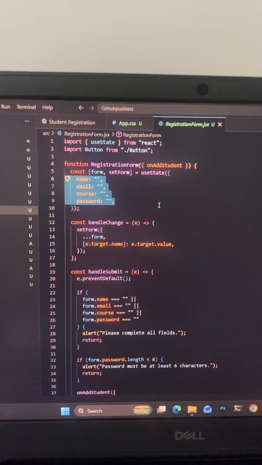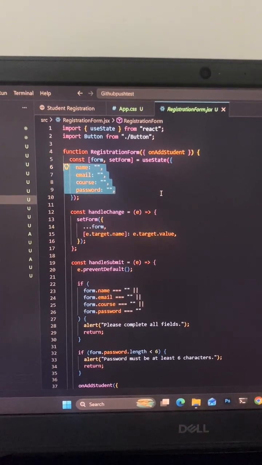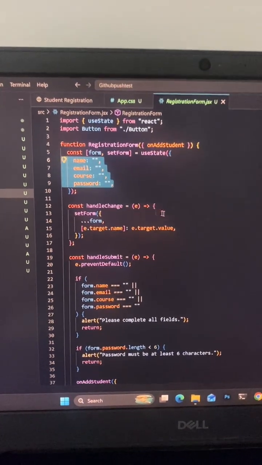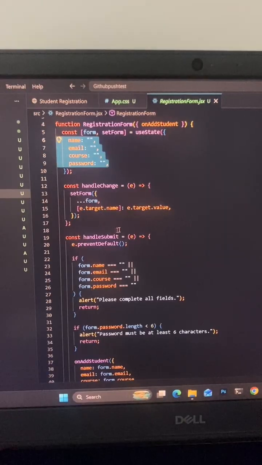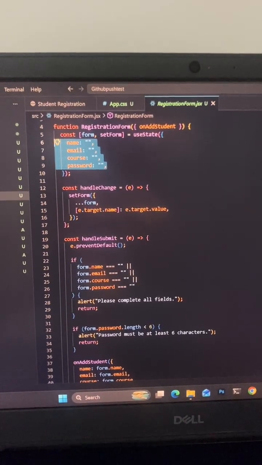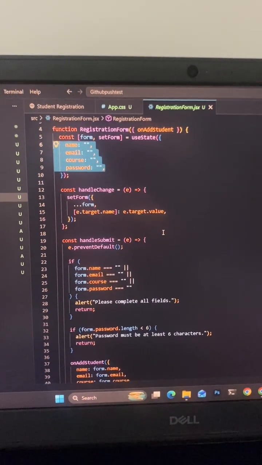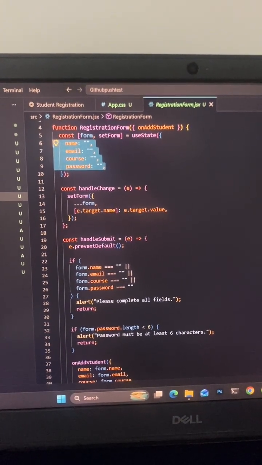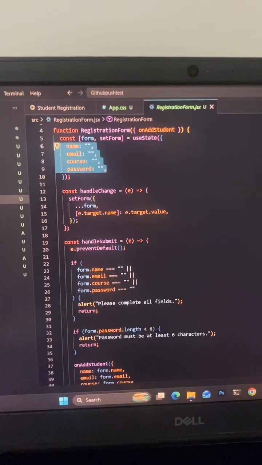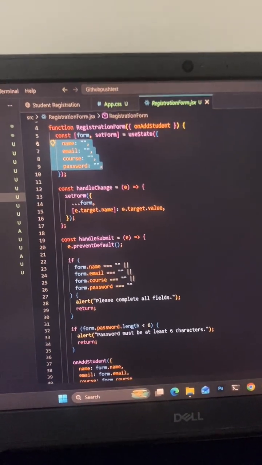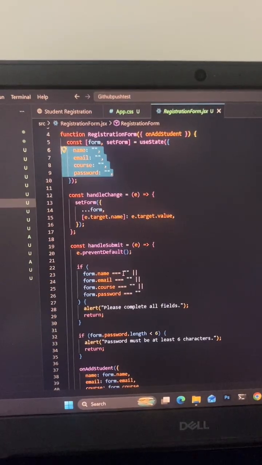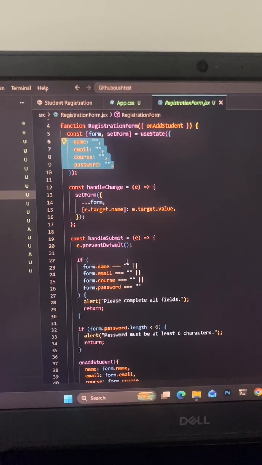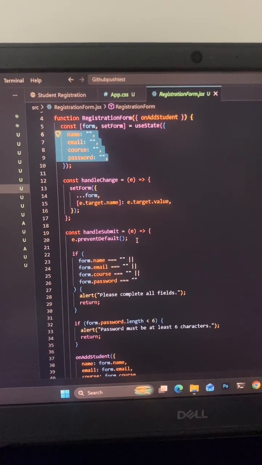Every time you type into any input box, one shared function called handle change fires. Instead of writing four separate functions for four fields, it reads the input's name attribute and updates just that one field, copying the rest of the form as is.